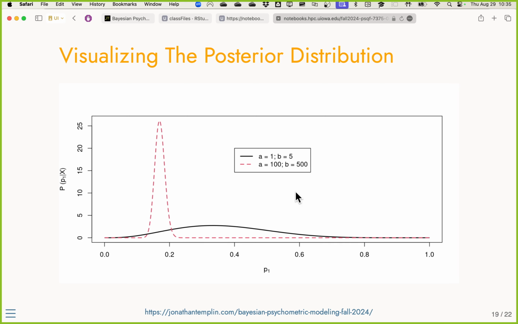So once you put prior and data together, though, take a look at our distribution. This is our posterior distribution right here. Right? So now the black line again is our uninformed prior. Remember there were 5 data points, with 3 1s and 2 0s, right? So here, how would we summarize these two distributions? Well, we would take their mean, their EAP estimate. And so if you use the informative prior, your mean's still somewhere around 1/6. If you use the uninformative prior, your mean is somewhere around like 0.35 or so.